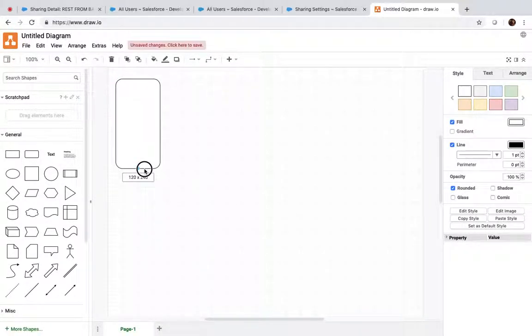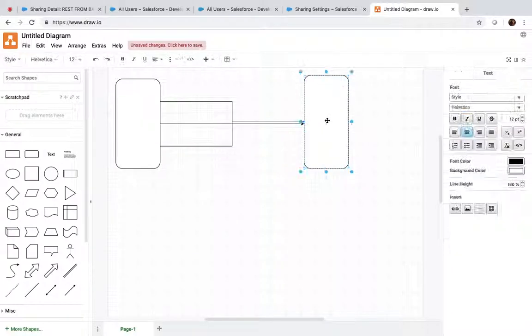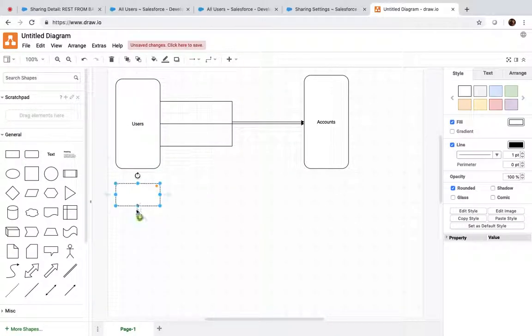This is users and these are the accounts. So the users will have direct access to accounts all the time. They are able to access accounts without checking any conditions. Whenever a user wants, he can log into an account and access the data. This is public read or write access, if you enable public read or write. But if we have sharing settings enabled,